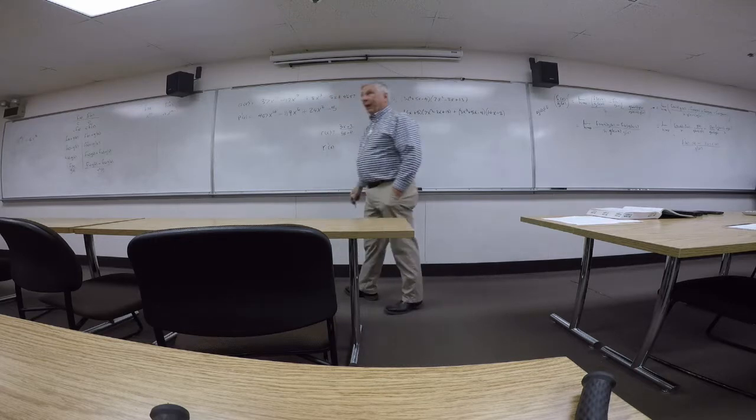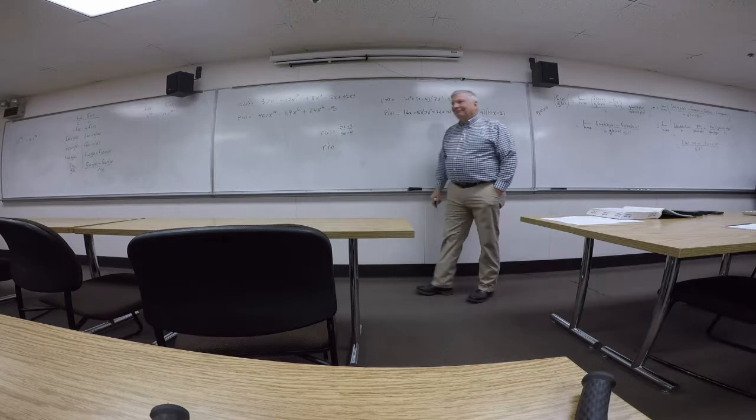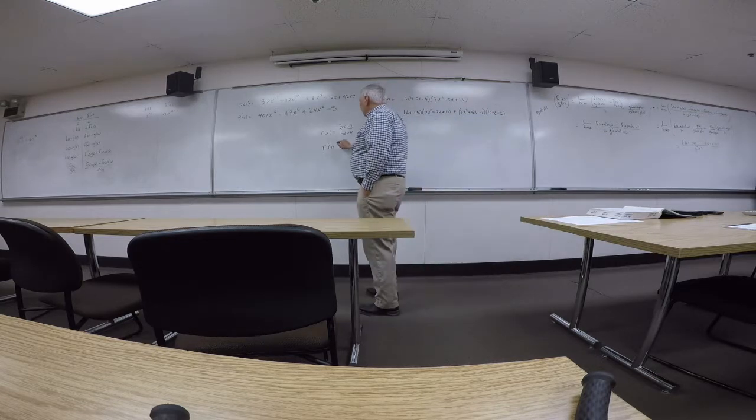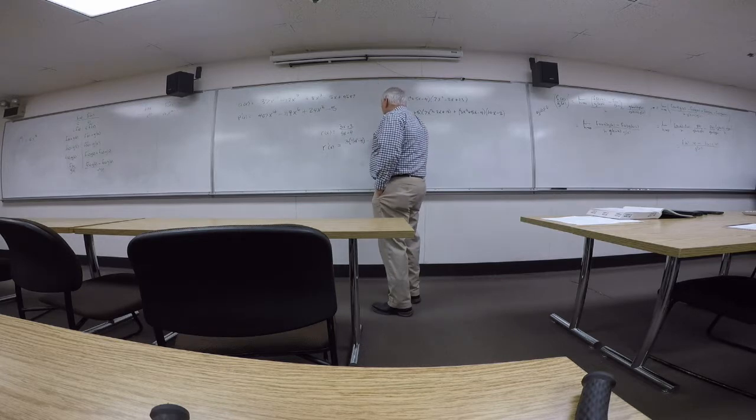R standing for a rational function. Polynomial divided by polynomial. The quotient rule says derivative of the numerator times denominator, subtract numerator times derivative of denominator over